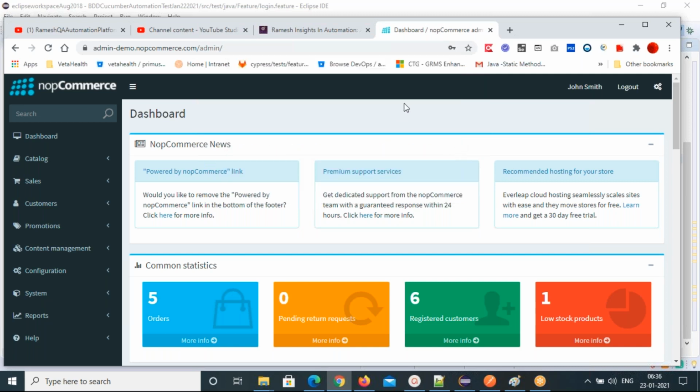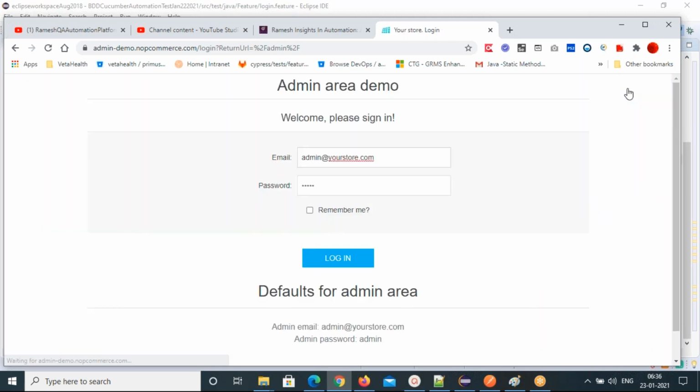Okay, so that is the one. And then I want to log out from here. This is one simple use case we are automating. And then I will do data driven testing. First I'll give a valid username and password, then second time I'll give an invalid username and password.